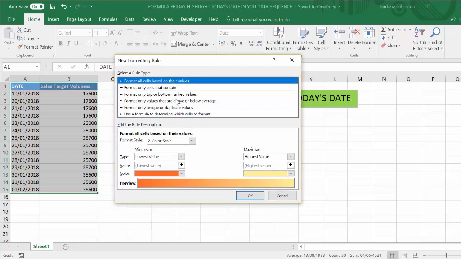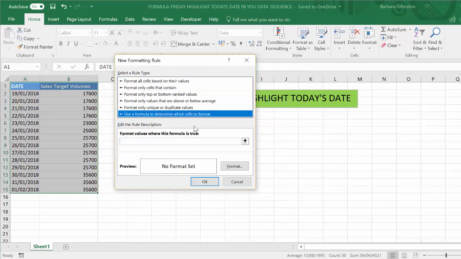Now, we've got a lot of options there. The one we want is use a formula to determine which cells to format. And what we want to do is create a condition that when it is true, the cells get highlighted in whichever colour we decide. So the formula is